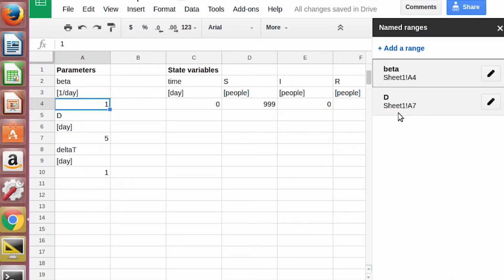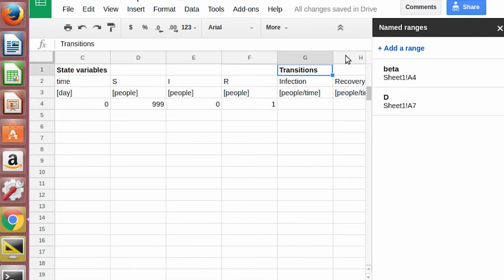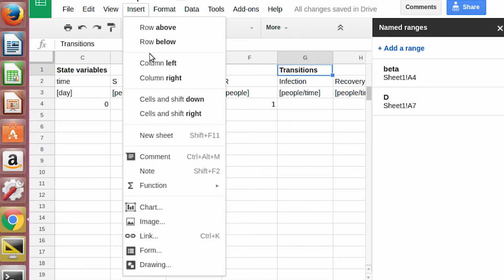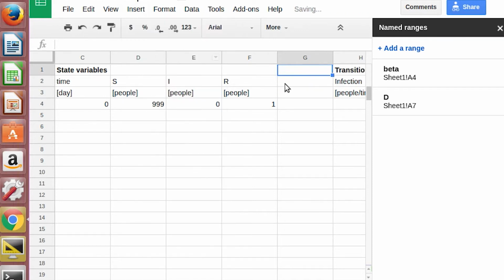So I'm going to make a column for N. There's different ways I can do N. I want N to be constant, so I could have started by making that a parameter. But what I prefer to do is calculate N in the spreadsheet because it's another way to check myself. Just like I calculated transmission twice, I'm going to make sure N stays constant, and then I'm going to calculate it anyway. So I'm going to insert a column here, and I'm going to make it into N. And I'm going to denominate it with units because I'm crazy about units. And I'm going to say N is equal to the sum of